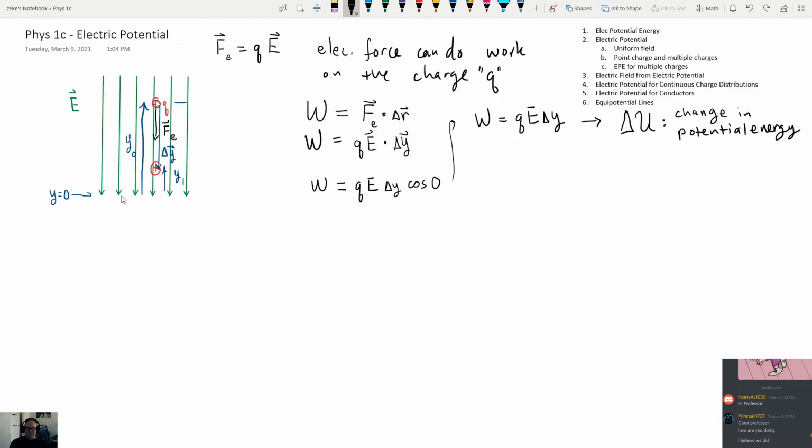Does that make sense? If you move left and right, the force can't do work because of this piece right here. When you move left and right, your angle is going to be 90 degrees. Okay, so